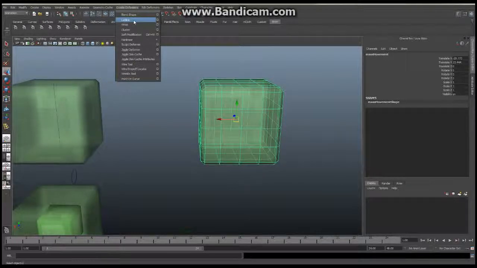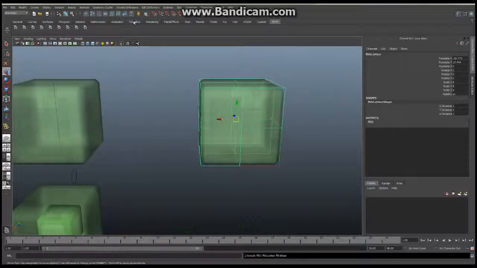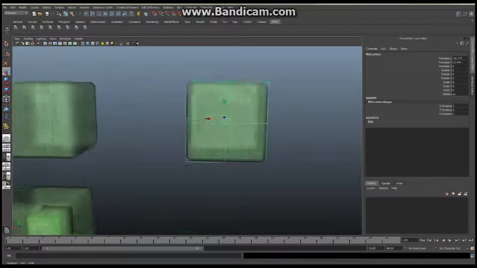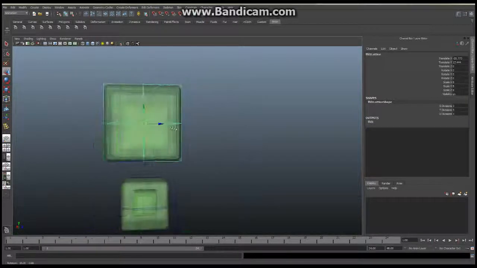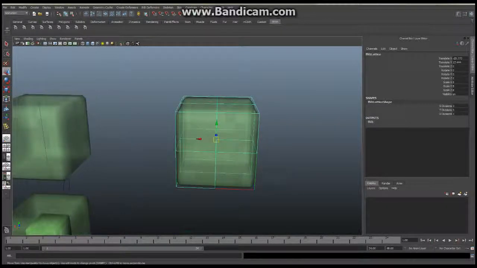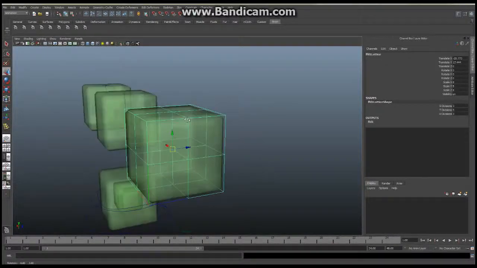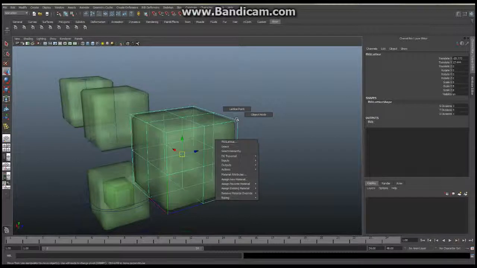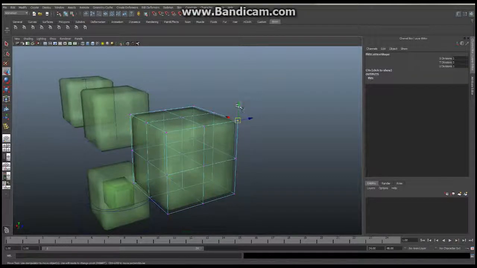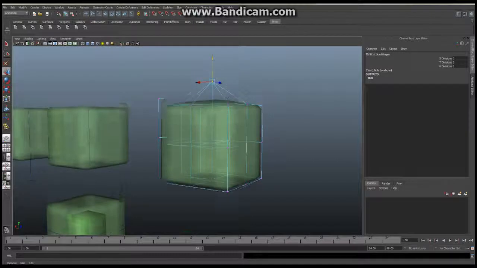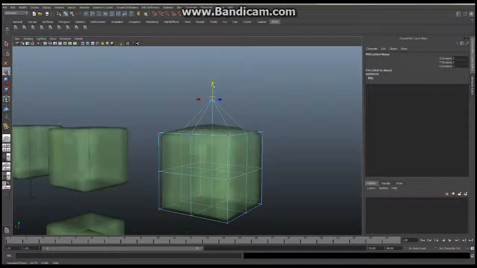Now when we wrap a lattice around, let's take a look. First of all, we're going to change some of these values. Actually, no, I like this just the way it is. We've got our lattice here, and the lattice is going to create this box-like thing around our character. And that's going to allow us, by moving these different points, watch what happens. If I actually go in here and I say lattice point, and I drag this, it's going to allow me to move the different parts. So you have a lot of options here on how this thing's going to move. You could do some really interesting stuff with this, but we're going to keep it really simple